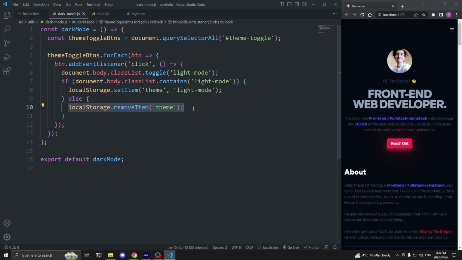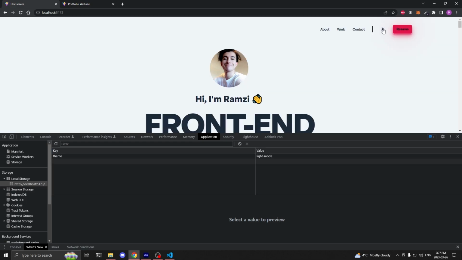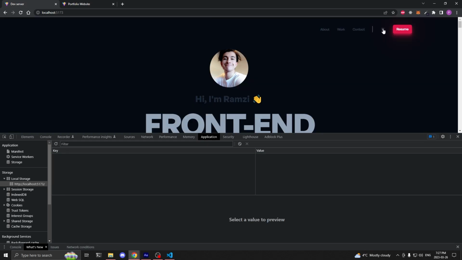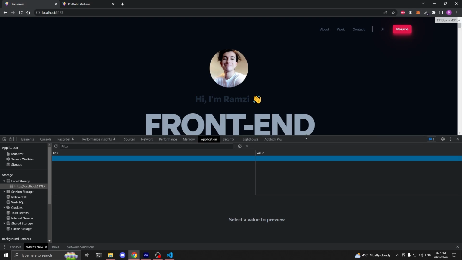And if the condition is false, then that means we should remove the theme key value pair from our local storage. Now on our dev server, when I click on the sun button, we see our local storage will add the key value pair of theme light-mode when we're on light mode and remove the key value pair when we're on dark mode. Currently, when we reload the page, we always come back to the website on dark mode. This is because we're only